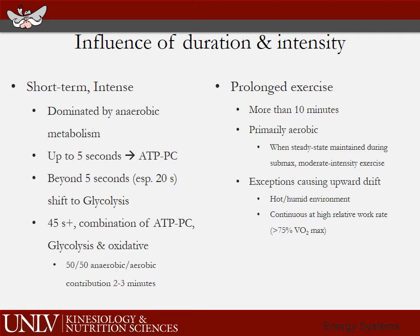Prolonged exercise, anything more than 10 minutes, is primarily aerobic. And again, you're going to understand the steady state, which is that maintained during submaximal moderate intensity exercise. It takes you a few minutes to reach it, but if you can maintain an intensity level there, then you're pretty good. It's kind of like maintenance of power output on cycling that we were talking about the other day in class. If you can maintain the power output, then you're going to be relatively steady state in